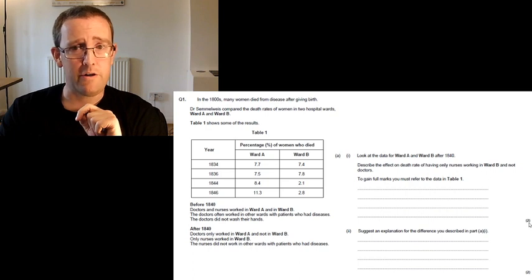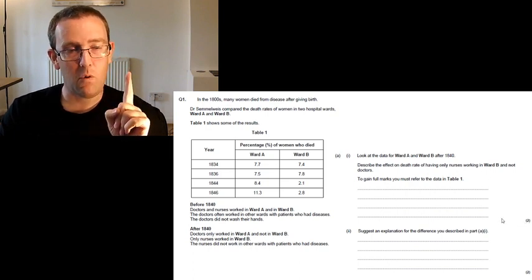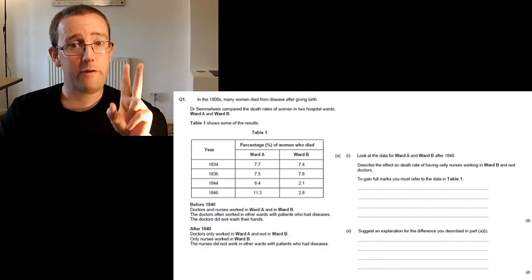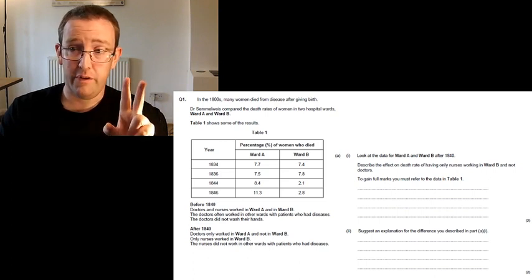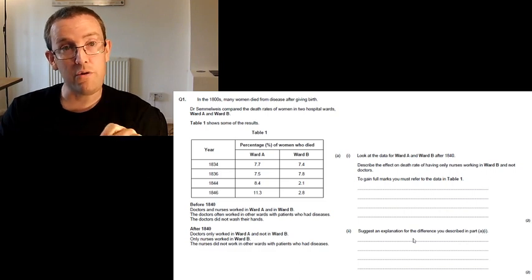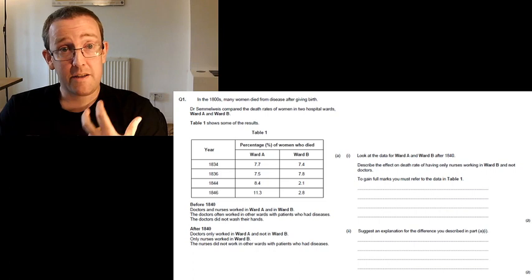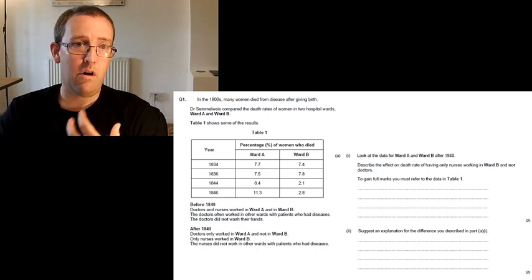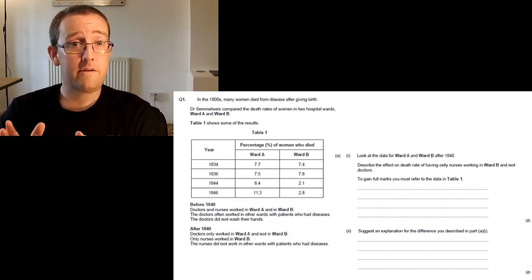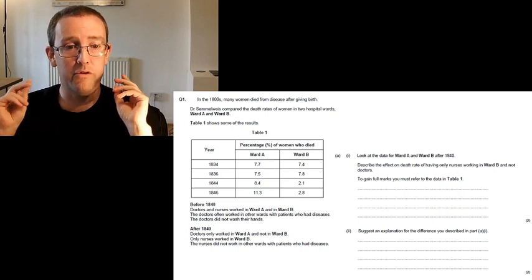So it's a 2-mark question. That quite clearly tells you you're going to get 1 mark for stating what happened and 1 mark for some data to back it up. Okay. The next question suggests an explanation for the difference you described in part A(i). So whatever you said here, this is where you do use your own knowledge and the word because. So when it says explain, you are expected to use your own knowledge. Okay. So there's 4 marks worth of questions there. That should take you 4 minutes. So pause the video now.